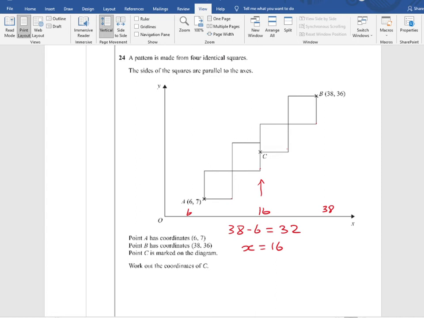Now, if this is 16 from here to here, no, this is 16, yeah, and this is 6. 38 minus 6 is 32. 32. That's not 16, is it? It's not 6. Yes, it's 32, but that's not 16 because